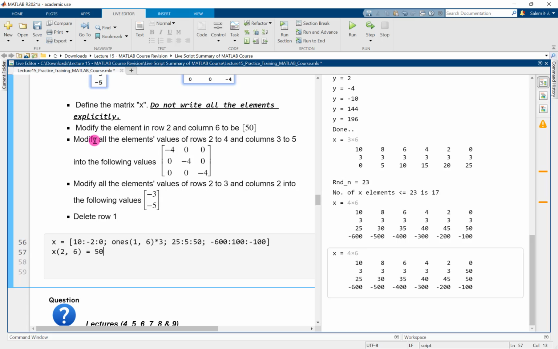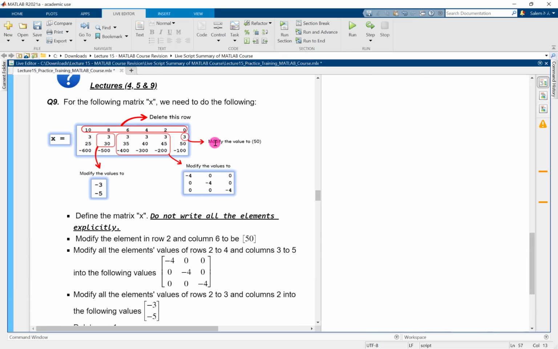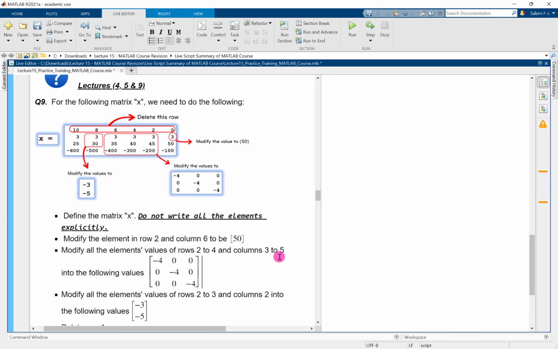Next one, modify all the element values from second row to fourth row. So this is second, third, fourth rows, and columns 3 to 5 here. So we need to change these numbers to all zeros, except the diagonal, which is minus 4. Again, this is just I, and it will give me 1, and then multiply the ones